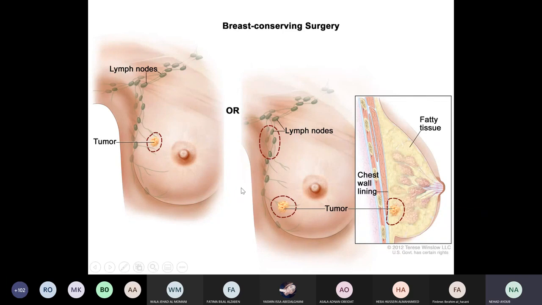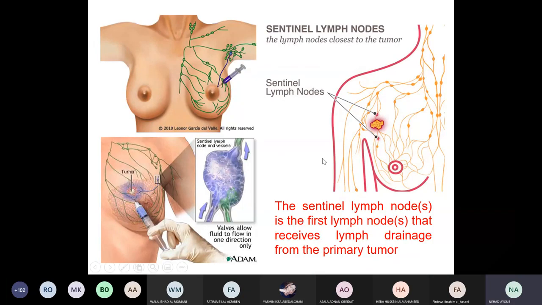After that, the patient will be subject to chemotherapy and radiotherapy. Radiotherapy is a must, okay? In breast conserving surgery, she must get radiotherapy. There is one thing I want to tell you about, because I think it will come to you through the book when you read it. Now, we have a small tumor, okay? So is there lymph node involvement